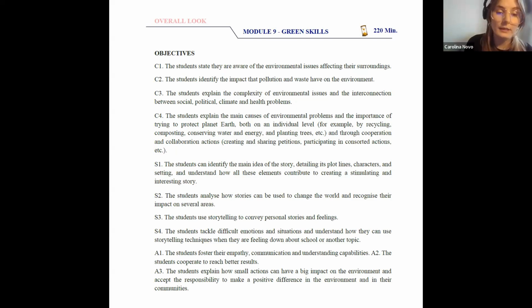And then lastly, we have three objectives related to the affective domain, which means that we also have some activities to foster empathy, communication, understanding capabilities, the cooperation between students and the community to reach better results, and also to understand that students have their own responsibilities.